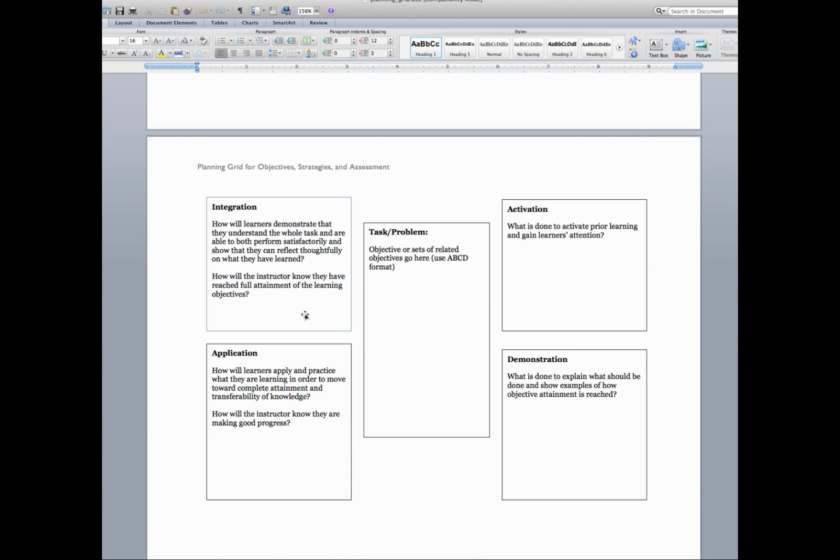You can see that it's laid out like Merrill's framework again. So we've got our task in the center, and then we sort of move around in a clockwise direction. So, what are you going to do to activate prior learning? Gain everyone's attention, get everybody on board. That's the first thing. And then you move on to, how are you going to demonstrate what effective objective attainment looks like. And then how are we going to start to practice making these connections so that we can actually